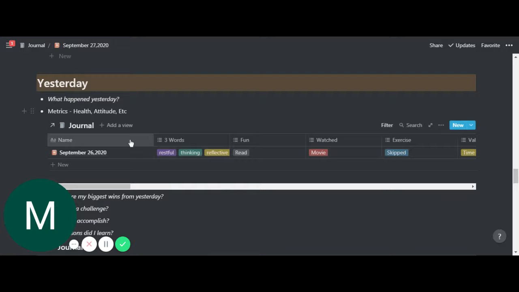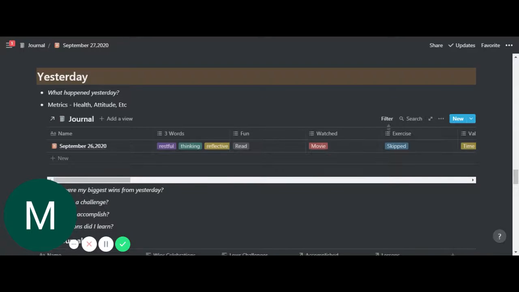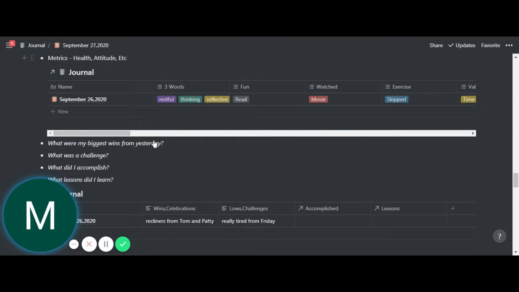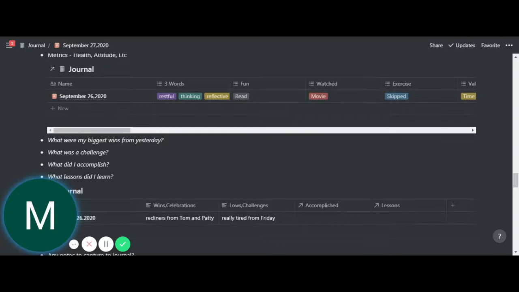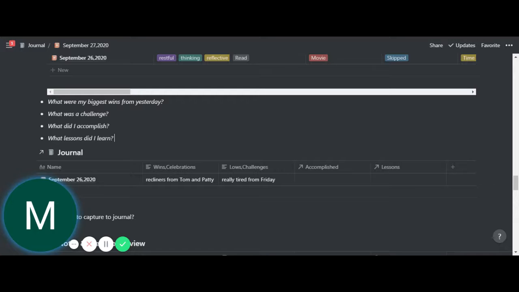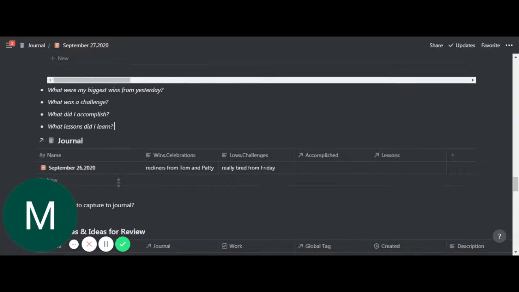First, a lot of this journal entry focuses on, I forget the term of it, but it's based on the journal template that I use that brings in the day automatically, so I don't have to put it in every time. Again, wins, challenges, accomplishments, lessons. This is a combination from Marie as well as Michael Hyatt. I'll also try to put Marie's as well as Michael's links in the description below so you can learn how they have theirs set up.